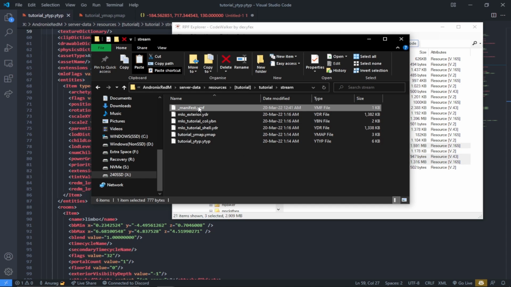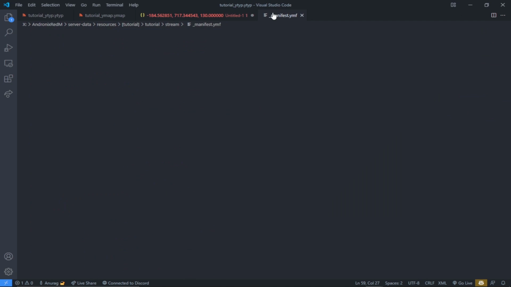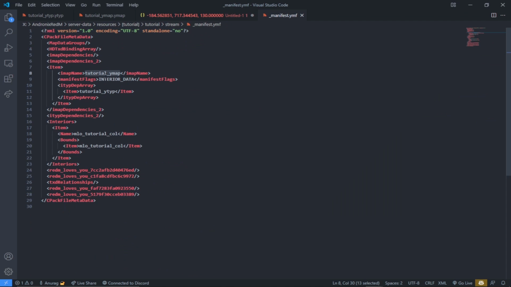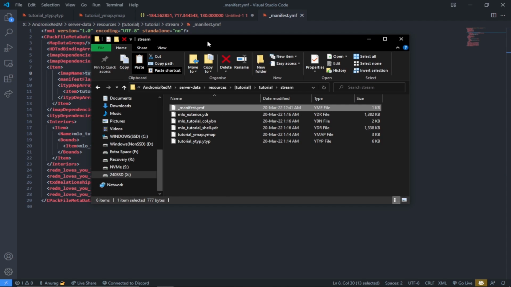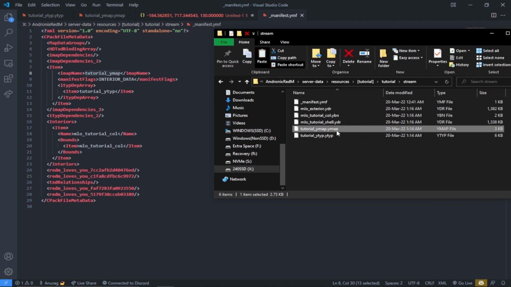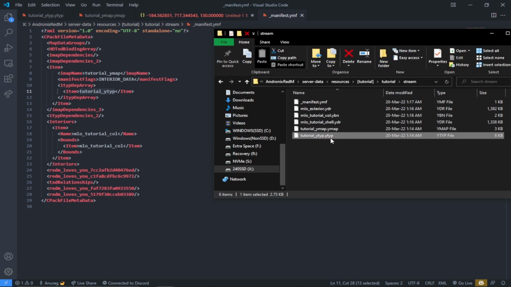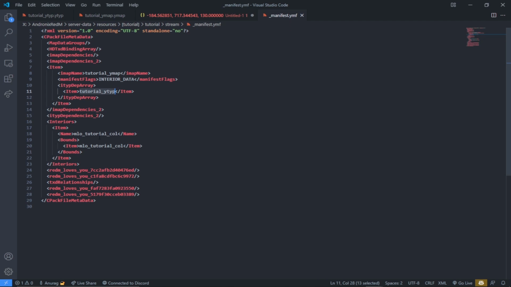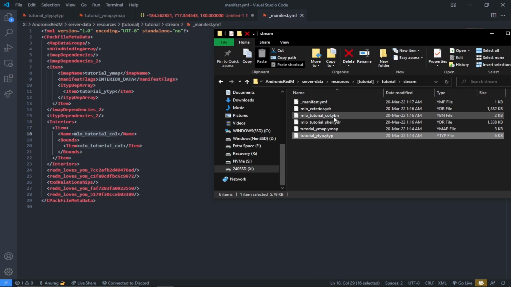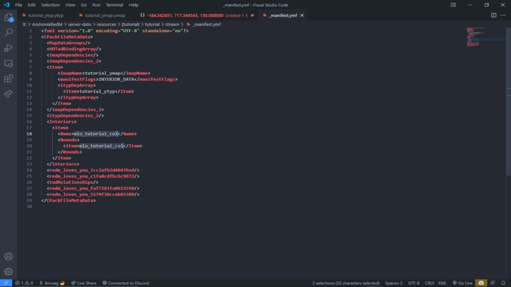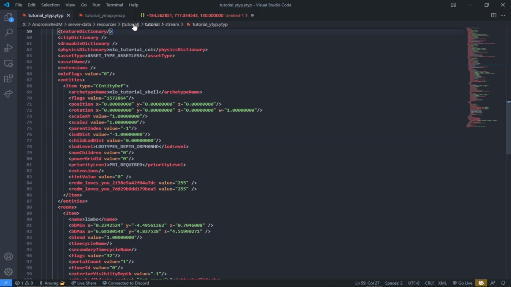And now we want to edit our manifest.ymap. Just select the tutorial YMAP. Make sure what your YMAP file name is and paste it over here. And replace the tutorial_YTYP with the YTYP file name. We have it over here as the same, tutorial_YTYP, and MLO tutorial collision. Make sure your collision file name is pasted over here and over here. Since we have the same name, it doesn't really matter. Just save it out, save the YTYP,